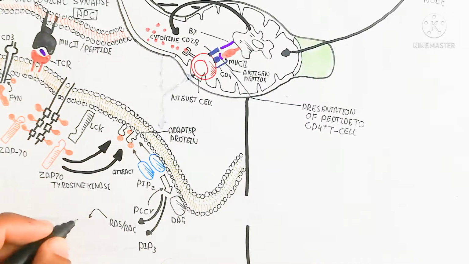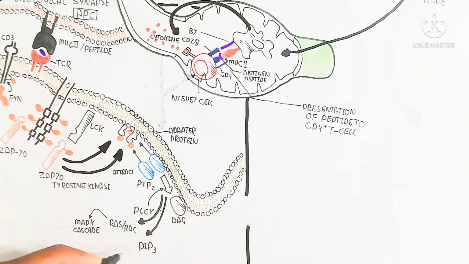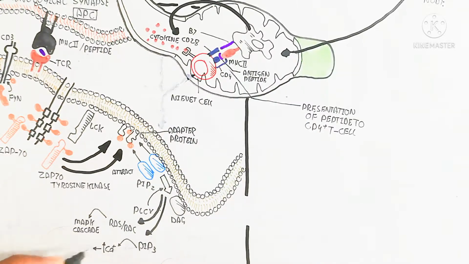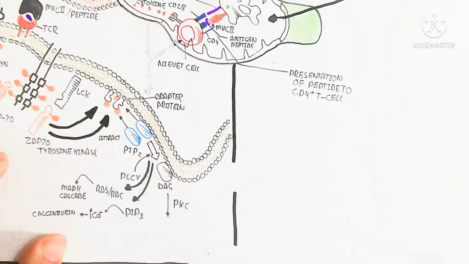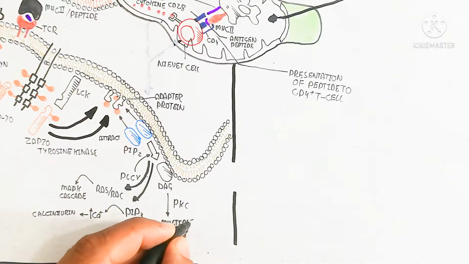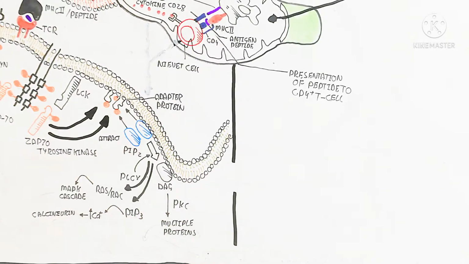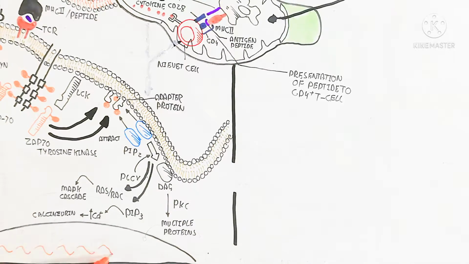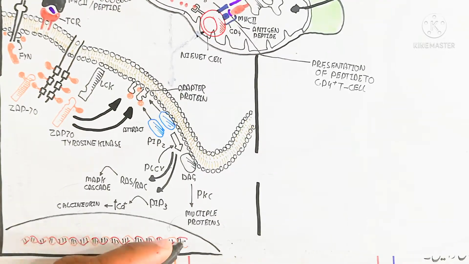Here is the phospholipase C gamma enzyme, leading to the RAS, RAC pathway and MAP kinase pathway cascades. On the other hand, diacylglycerol activates protein kinase C with multiple protein cascades, and IP3 is produced, which increases calcium